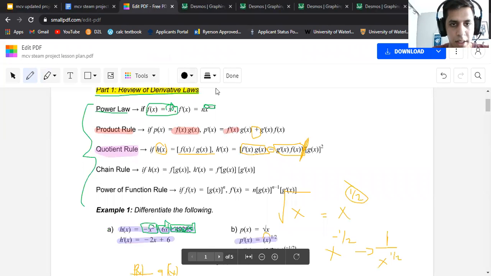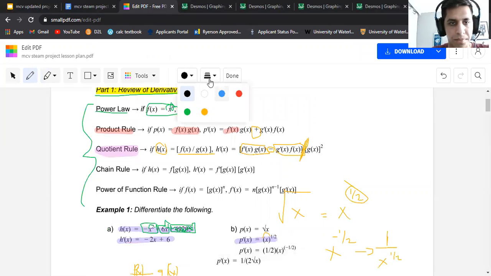Okay, what's next? We have chain rule. So chain rule and power of a function rule, they're kind of similar in the fact that they both deal with binomials, trinomials, getting expanded and being raised to some power. So let's get my highlighter out. Let's go red. Awesome. So chain rule, as you can see, is when we have a function